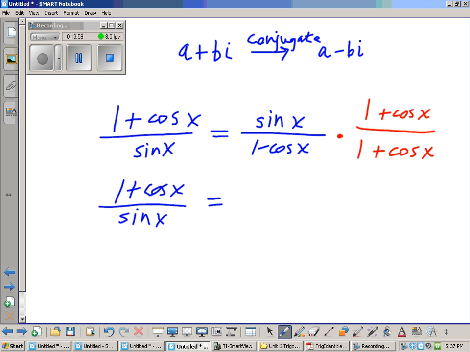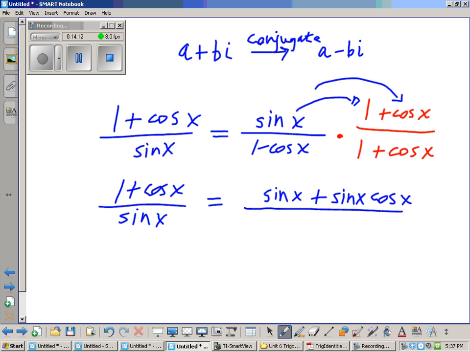equals. This is going to be a nice distributive property. Sine x plus sine x cosine x. In the denominator, we will have another difference of squares. So this becomes 1 minus cosine squared x. Left-hand side is the side that we're keeping the same. Right-hand side,